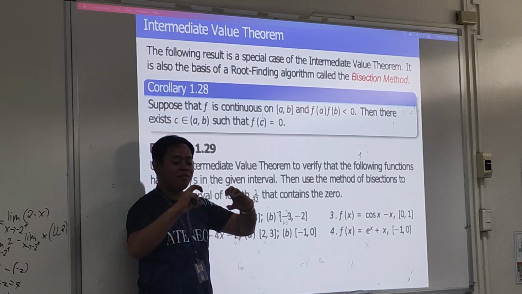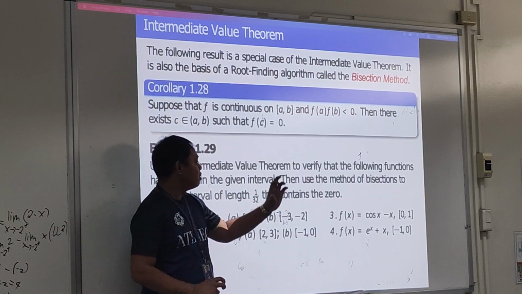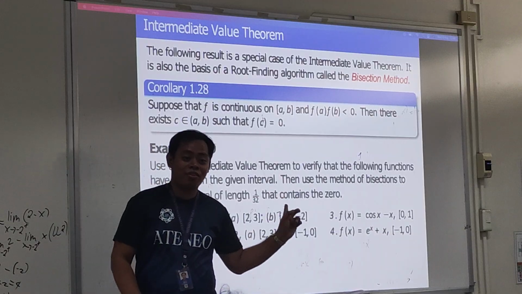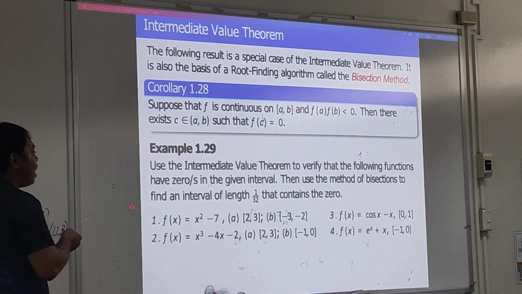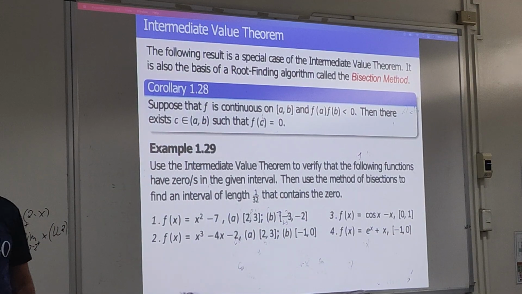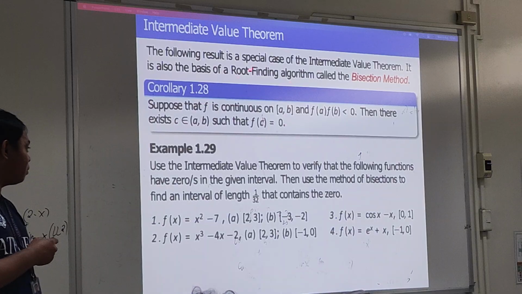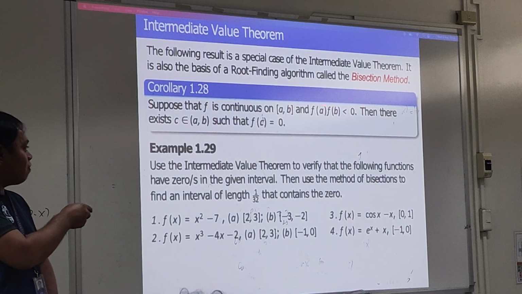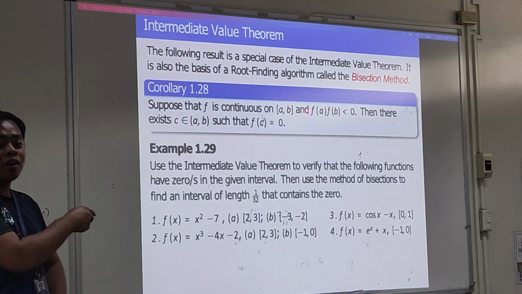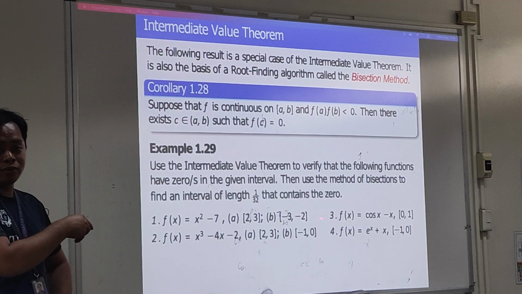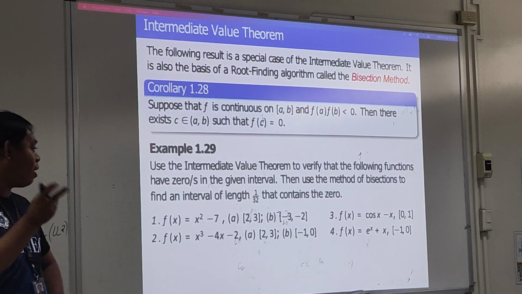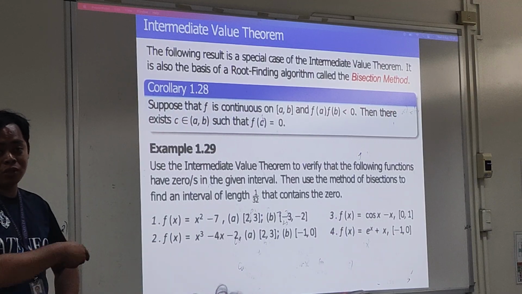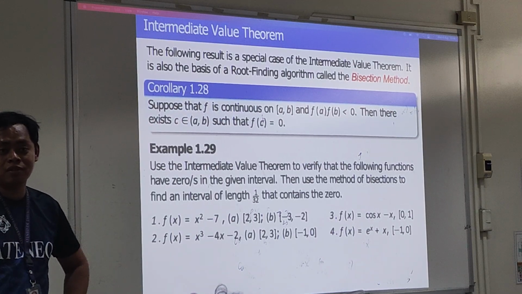So by the bisection method, you have to use one interval. Suppose you have this one here, 2 and 3. Of course, you need to use the IVT first, to be sure that the interval contains a zero. So you need to satisfy this: the product of these two should be a negative number. So we are sure that there is a number in between of that open interval for which the function becomes zero.